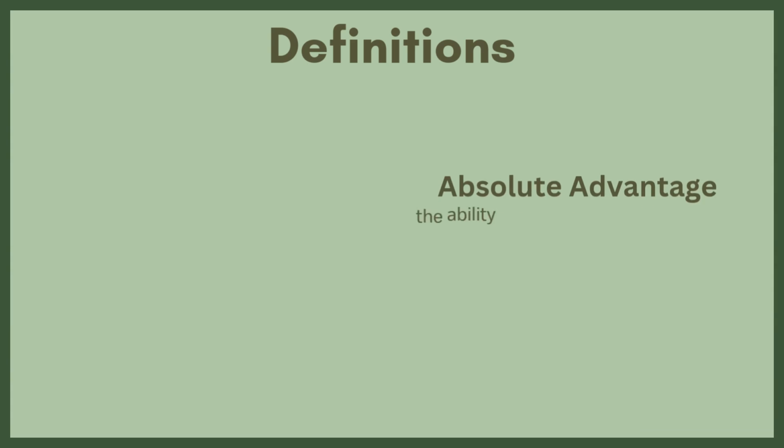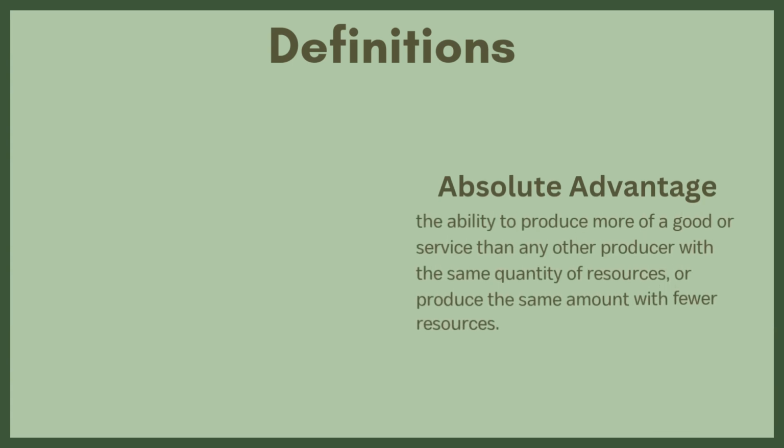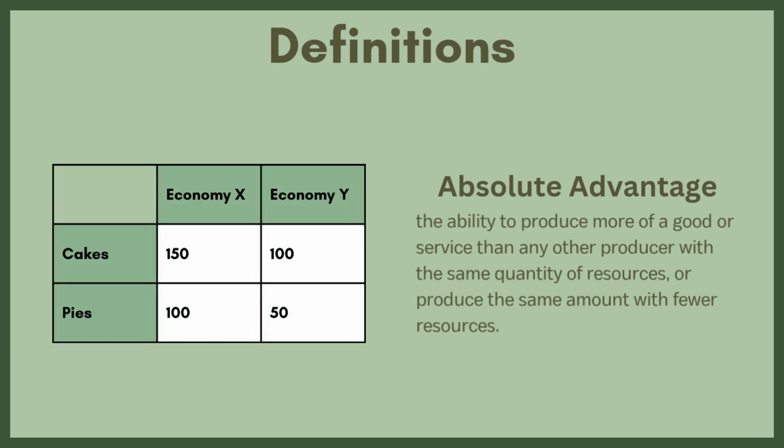Absolute advantage is the ability to produce more of a good or service than any other producer with the same quantity of resources, or produce the same amount with fewer resources. In this example with cakes and pies, economy X has the absolute advantage in the production of both cakes and